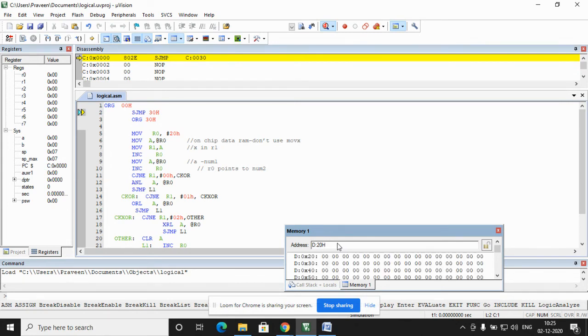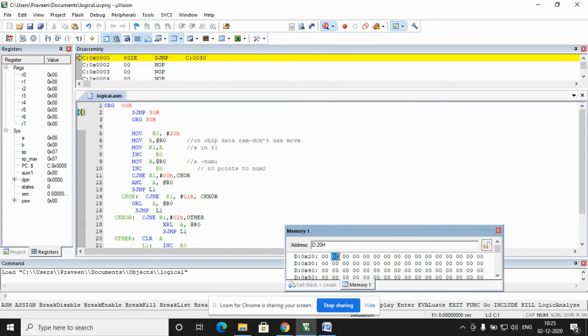The same program is used to perform the AND operation, OR operation and XOR operation. First I am doing the first operation, that is the AND operation. So write it as 00.